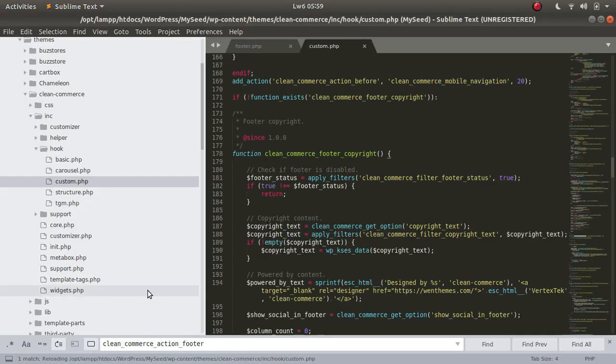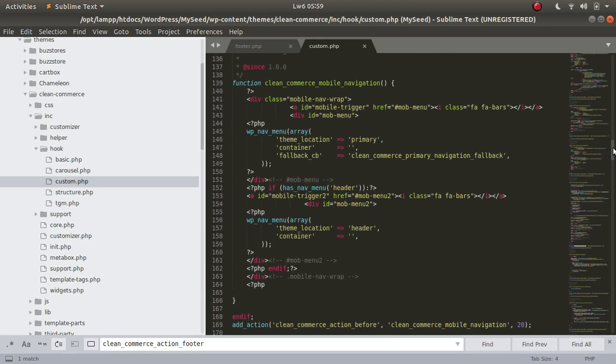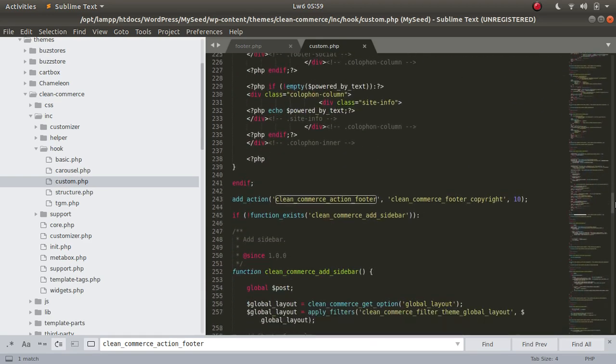Now copyright, all rights reserved, is also here. Copyright. Now we have to look for copyright text because it is populating from copyright text. Now continue looking for copyright text.